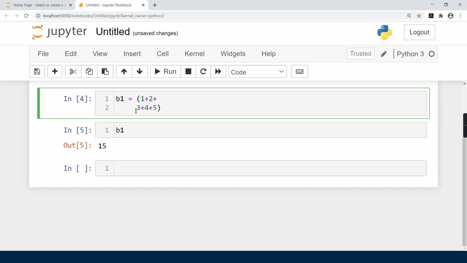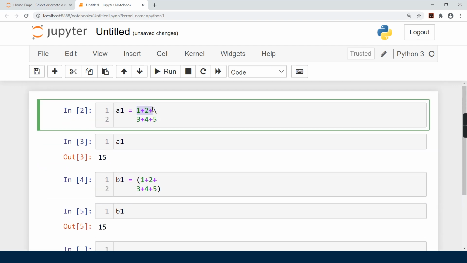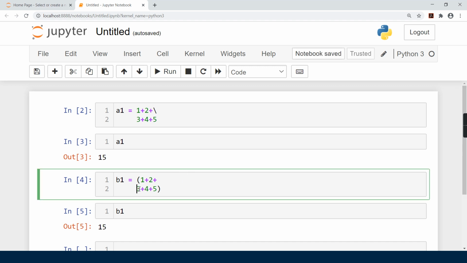So Python will automatically look into the next line. That means the line continuation code, the backslash which we used, is already implied over here. Okay, so this was about the multi-line